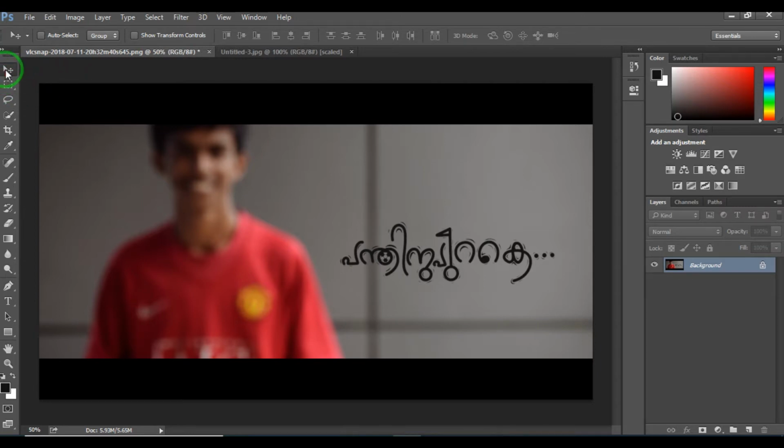So right here from the top we can see the move tool, rectangular marquee tool, the lasso tool, and the quick selection tool. And these four tools belong to the category of selection tools. Whenever we place our cursor on a tool, the name of the tool along with the short key will be displayed here.